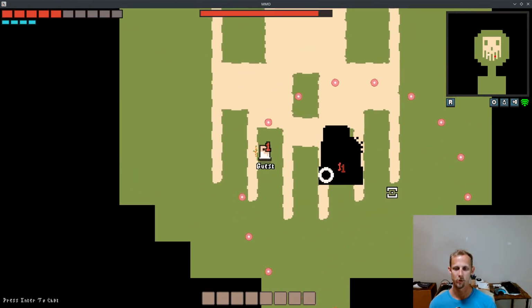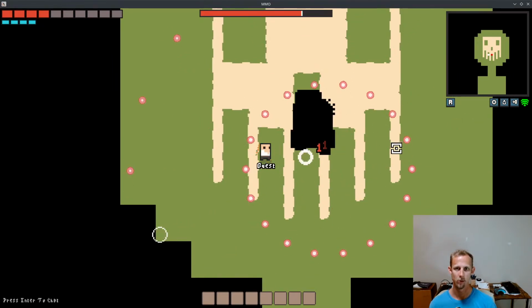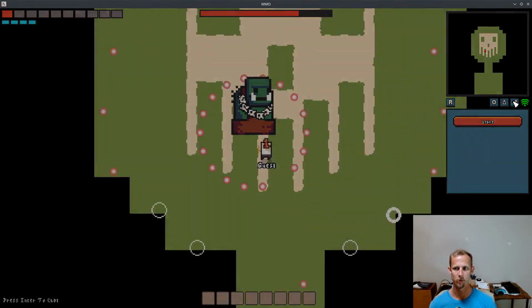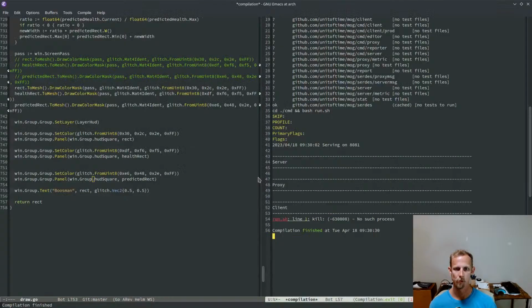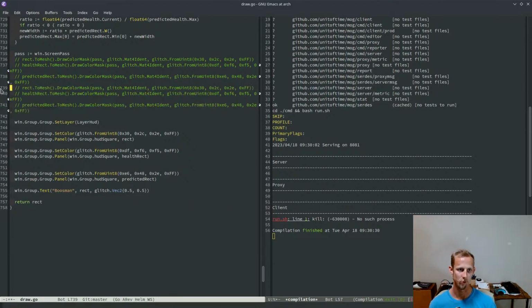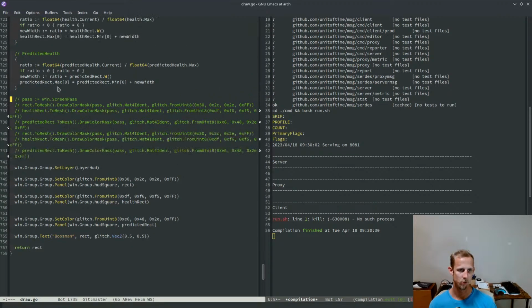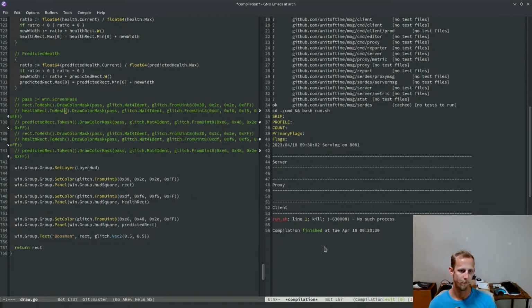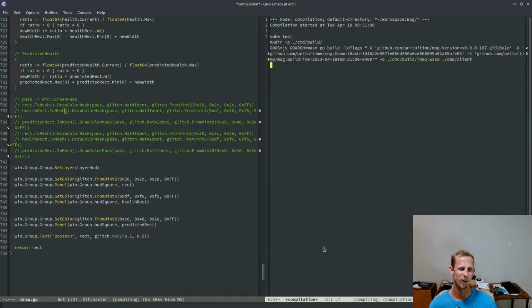Well, that stuff's drawing, I guess, which is a good thing. Or wait, is that drawing because I didn't comment something out? Yes, that is drawing because I didn't comment something out. Okay. Pass, screen pass, don't need this. Buckler mask, two mesh. Oh, this is interesting. But I'm drawing to, I guess this is technically the rectangle that I'm drawing on. I don't think this is going to work, but